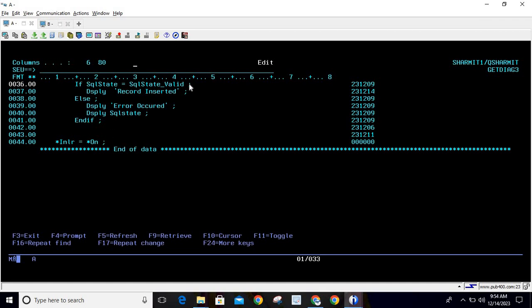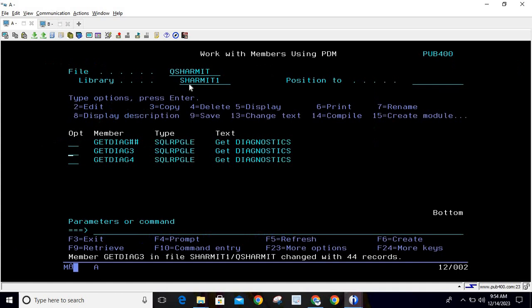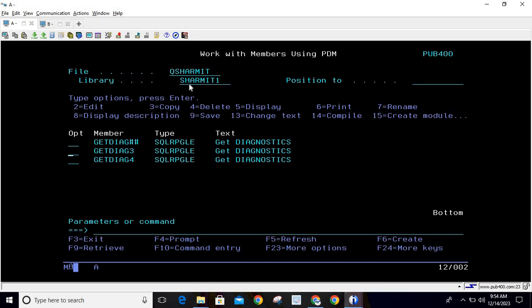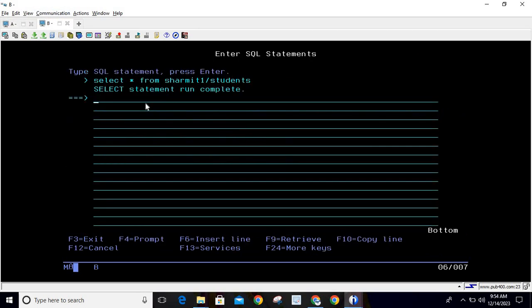Okay, so let's quickly compile this program and call it. Once I call it, you will see it is printing the value as 0. And if I hit enter again, you will see the record has been inserted. So let's verify the same inside the table. Here I'm running the query again, select star from